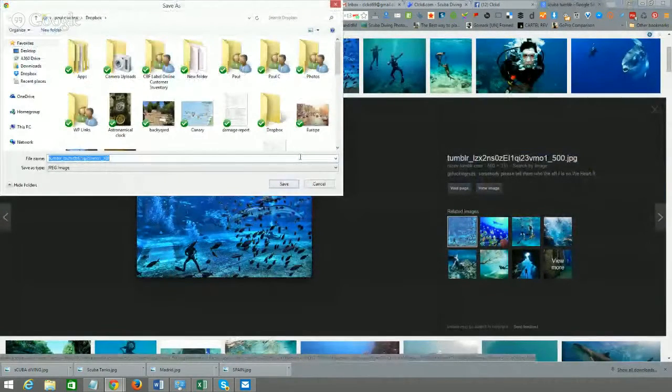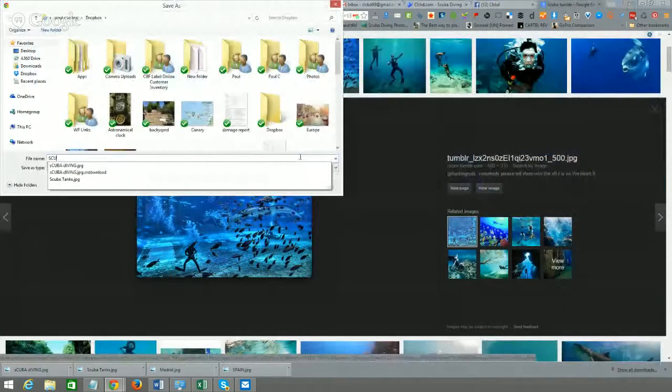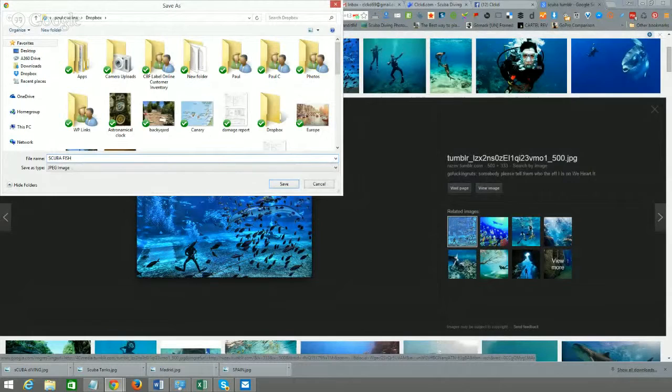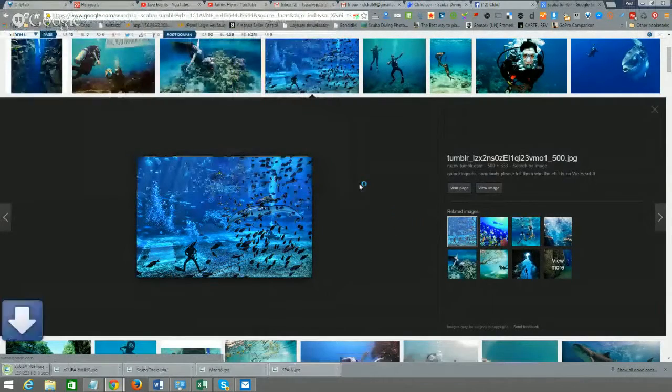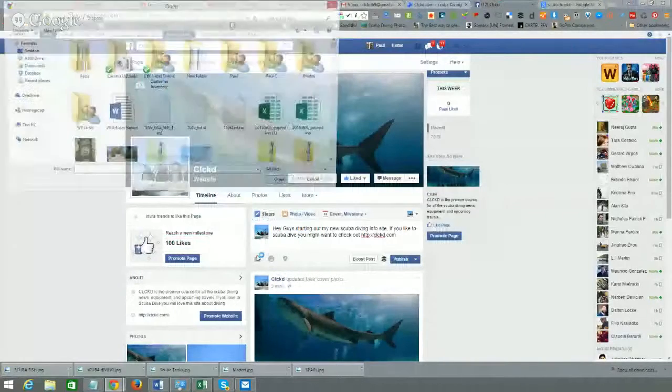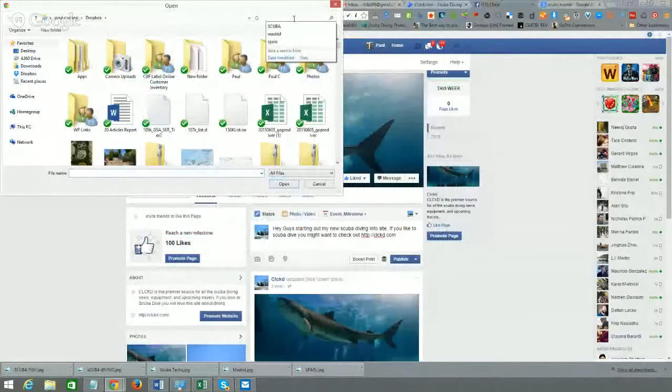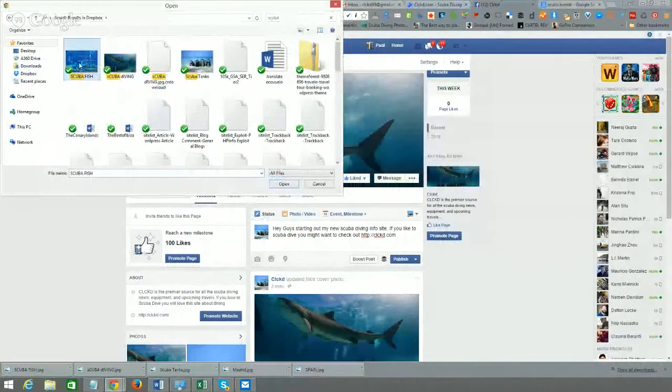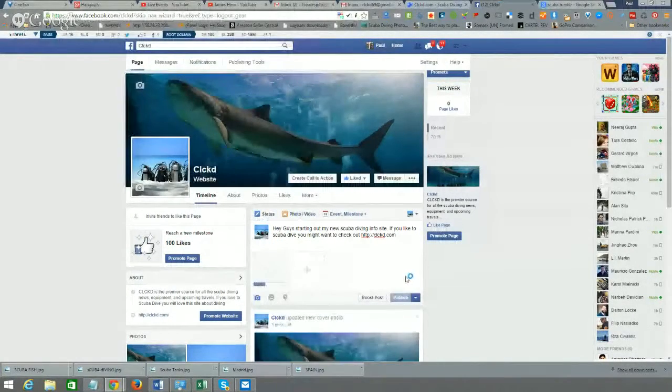I'm just gonna say this is scuba, and I see a bat right there. Scuba and fish, some keywords. Scuba fish, it's downloaded. Let's add the photo to this post. There you go. You're always going to get a higher click-through ratio with this, and it's just the best way